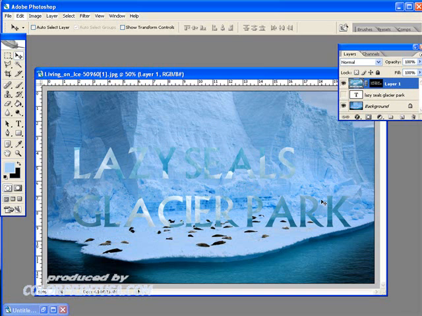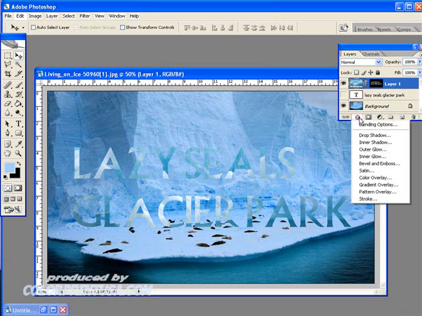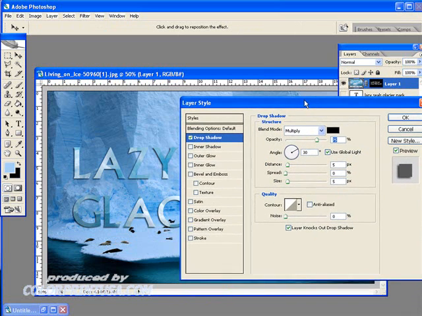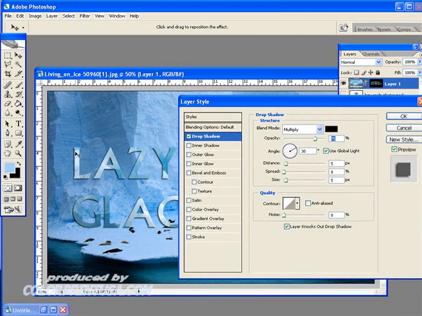The last thing we're going to do is add a couple of just basic layer styles. You can click on the F for your layer styles and drop shadow first. Let's kind of move this out of the way so we can see what we're doing. It's kind of a hard drop shadow right now. I'll spread it out just a little bit. So change the size, give it a little bit more. You could do a little bit more distance if you want to get it away, make it look like it's popping off more from the